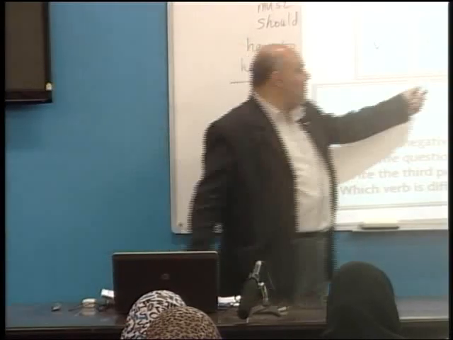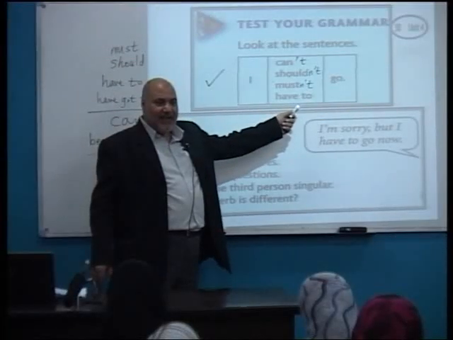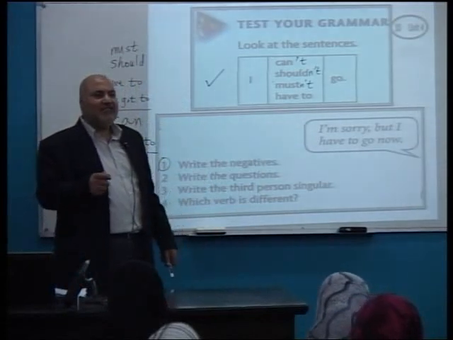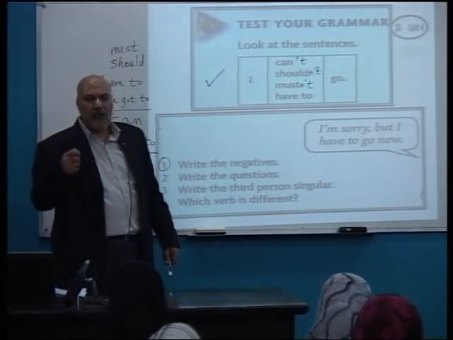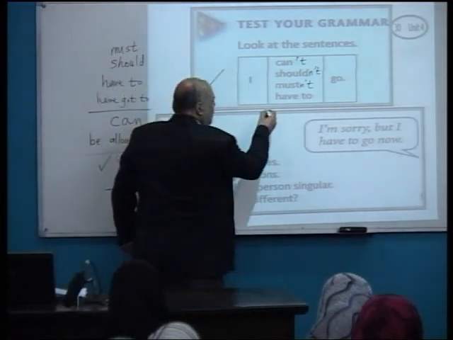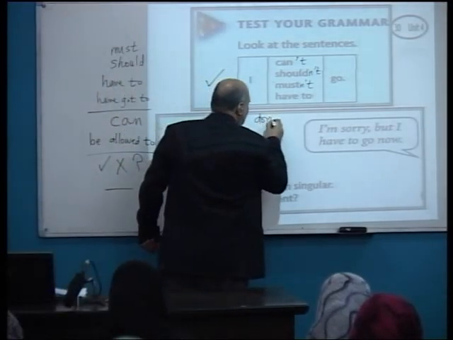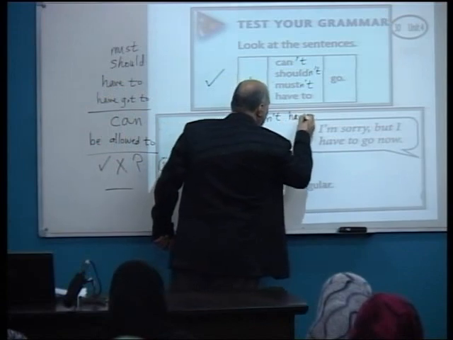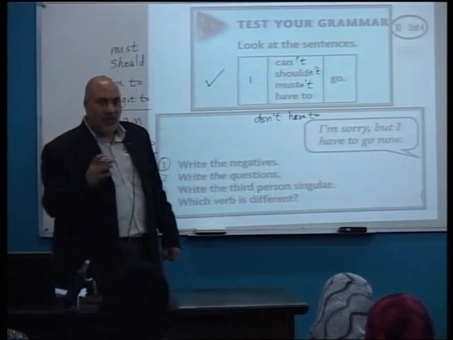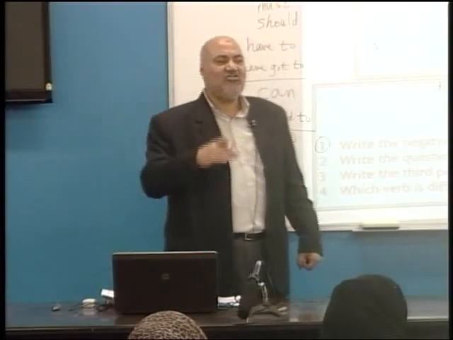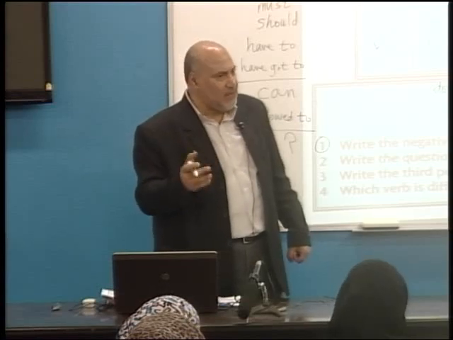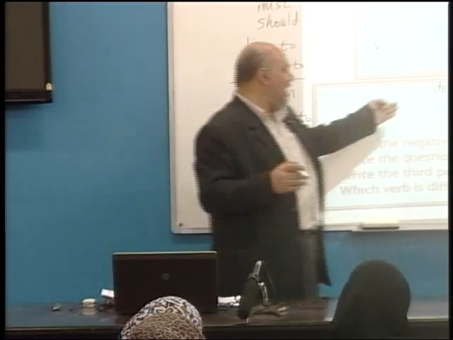So when I want to give the negative, I can't say haven't. No. This is a full verb, like write, speak, go, drive. So the negative is don't have to. Why don't have to? Because it is something like write, play, speak, full verb. Don't write, don't speak, don't play, don't have to.